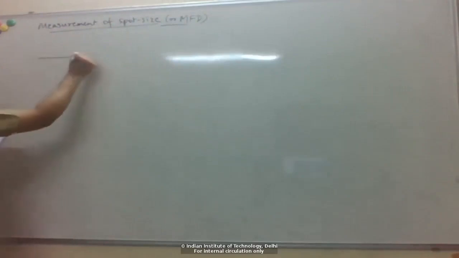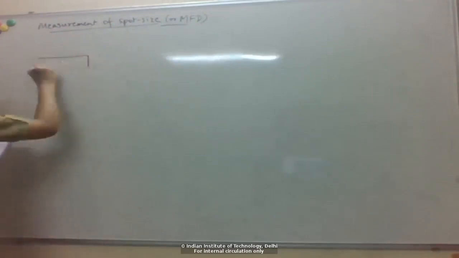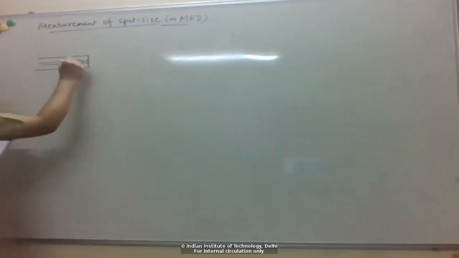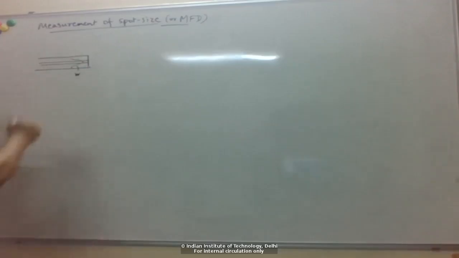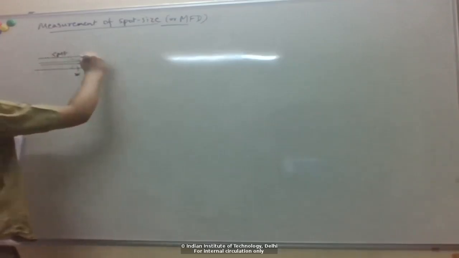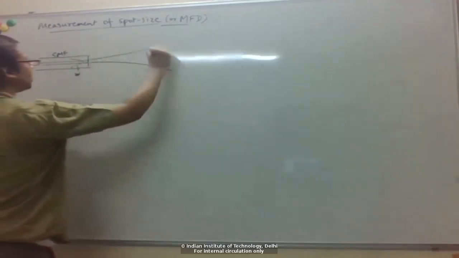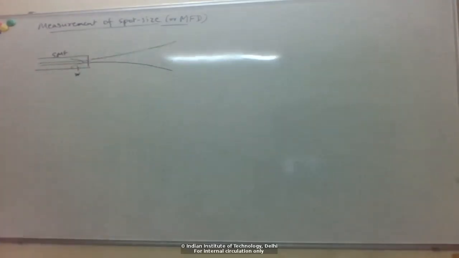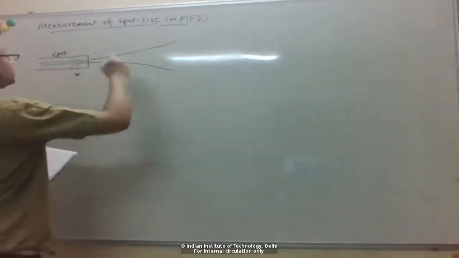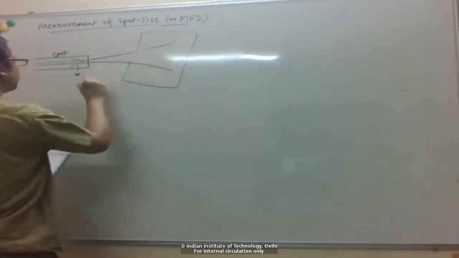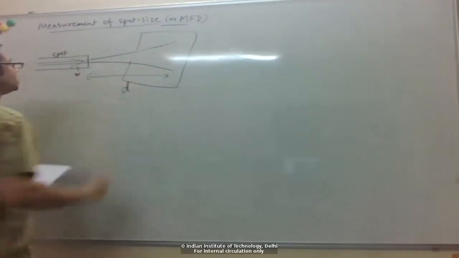So basically what we do is, we have some mode profile here, right? And we want to estimate the spot size of this, or the mode field diameter, right? So let's say there's some fiber, and we just let the light come out, and you know that as it propagates in free space, it will diffract out, right? And so in some far field, right after some distance d,